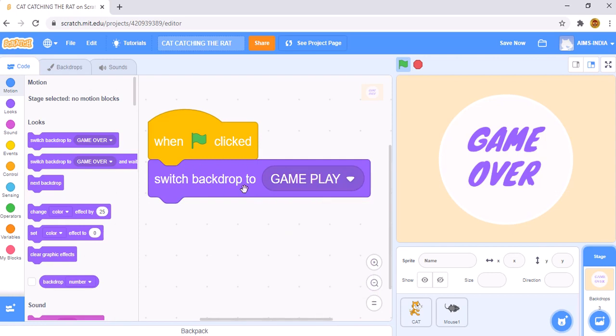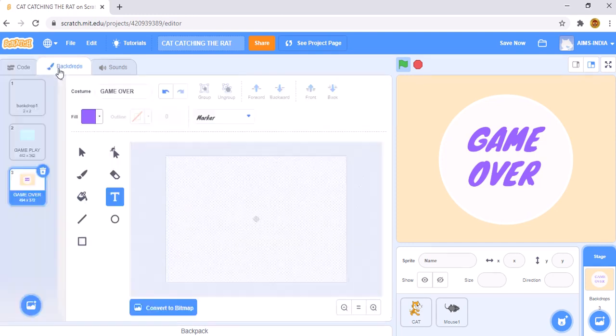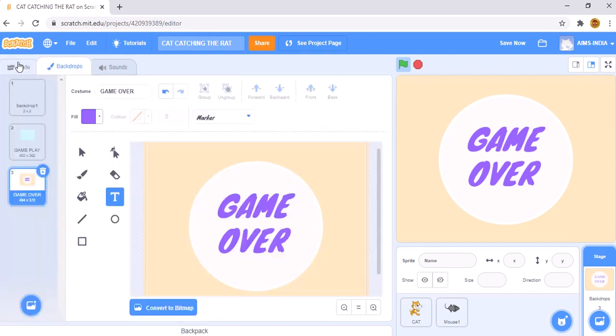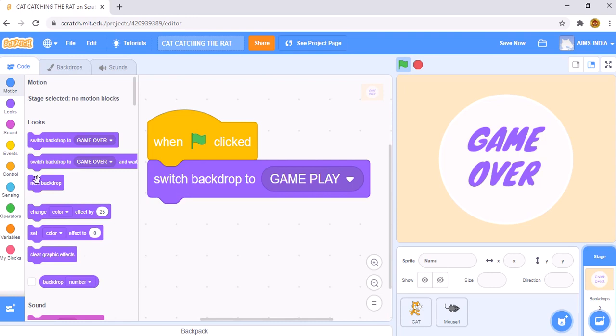Gameplay. Switch backdrop to gameplay. That is one command. And for another command,